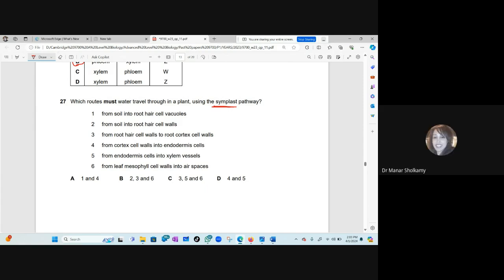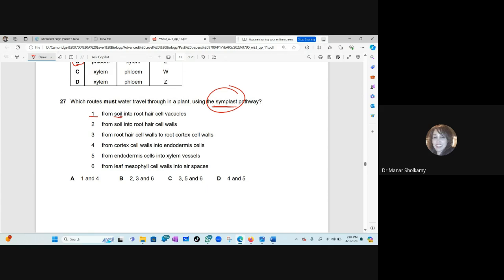I'll give you two options. When it passes through cell walls and intercellular spaces, or when it passes through the cytoplasm and plasmodesmata. Intercellular spaces. No, my dear. It's the apoplast, where the water will move from cell wall to cell wall and intercellular spaces. Okay. So, number one, when the water moves from the soil into the root hair cell vacuole, this is